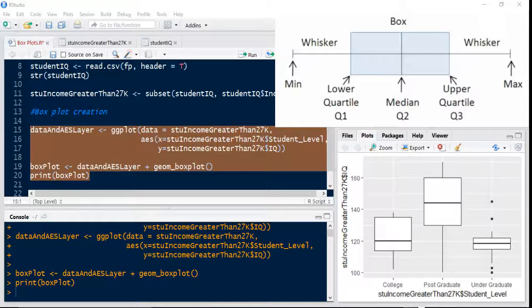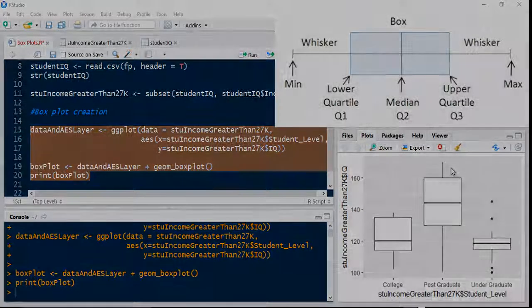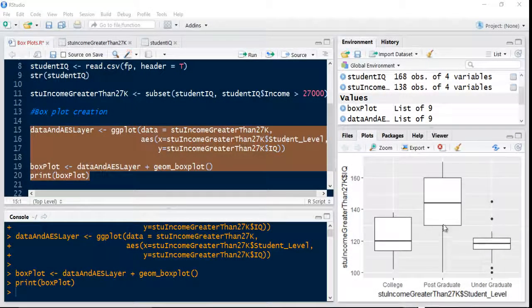I'll just flash up an image now just so you can see how they break down in a box plot. But essentially what that's telling me is postgrad, they've got a higher median IQ, and even their lower quartile IQ is still higher than the college median average. So that's how you generate a simple